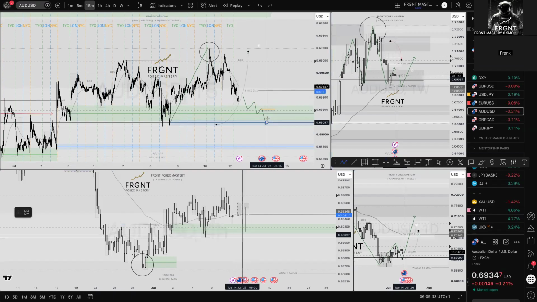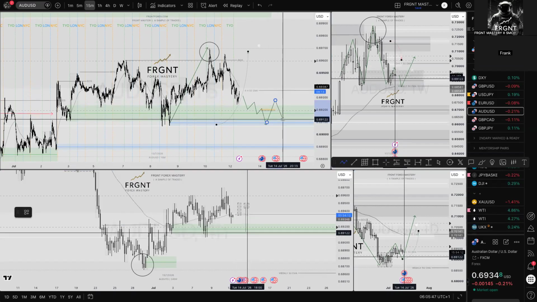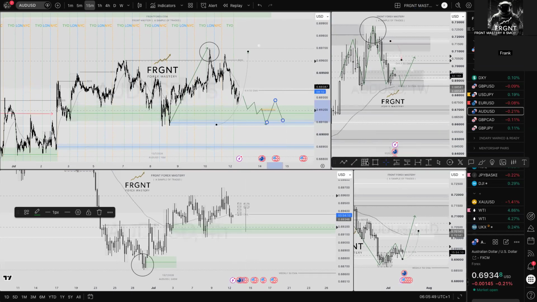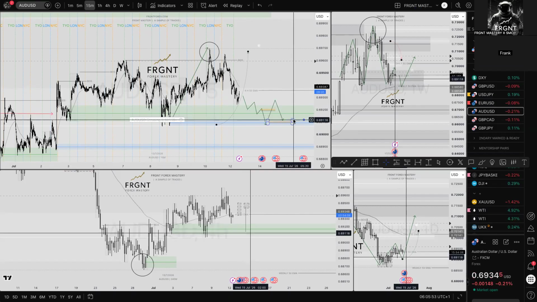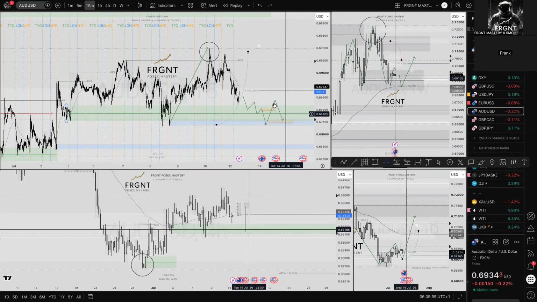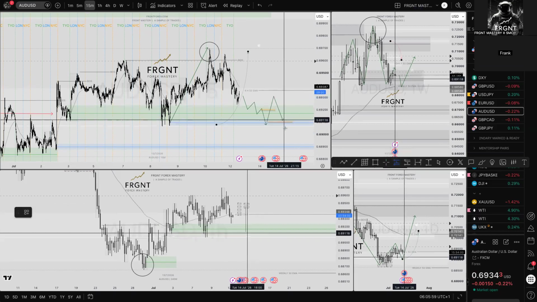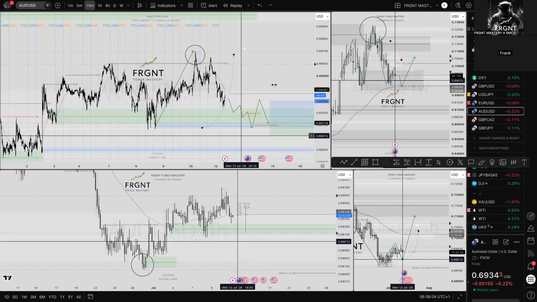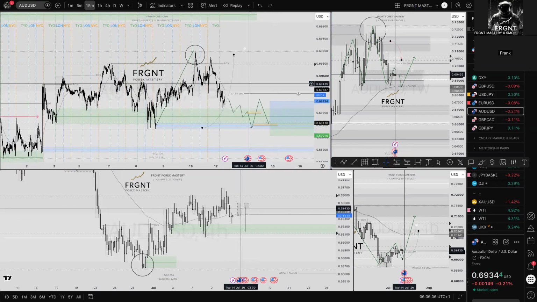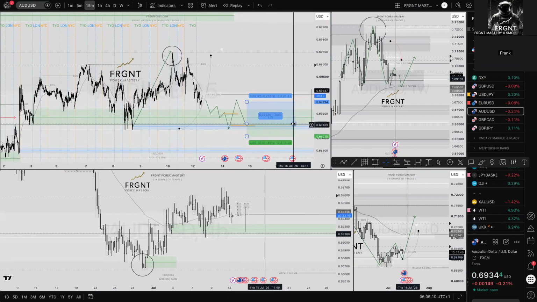Once the alert goes off again, we've broken structure. Simple. Move your alert back down to the imbalance now that you want to take a position from. Simple as that. When that alert goes off, or even as soon as that happens, I'd be looking to take a long position. It's exactly the same as what we've explained on all of the other pairs. We change nothing over and over and over again. So that's how with one alert, you can manage trading.